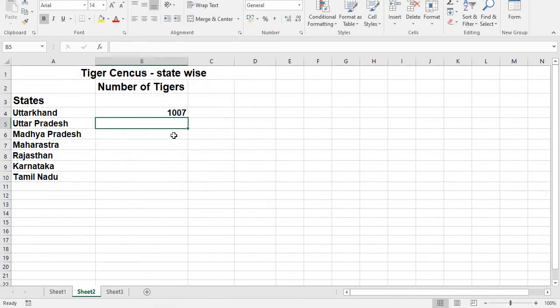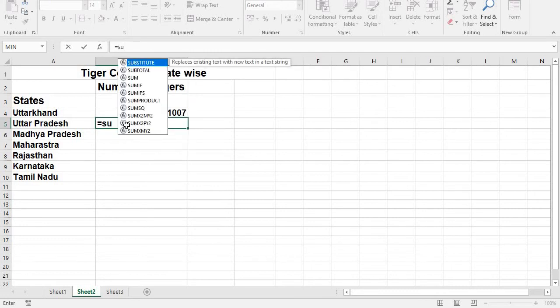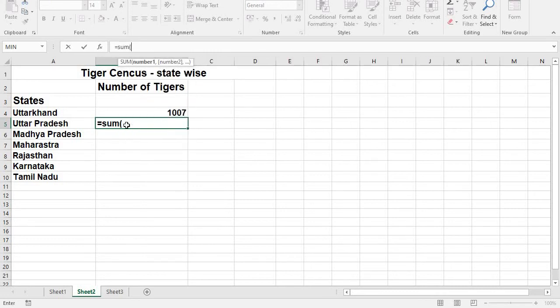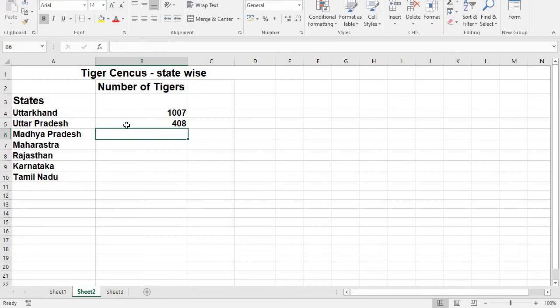See here, you have to click on the cell, and after that click on the equal to symbol and sum of, single inverted comma, and after that Sheet1, inverted comma close, exclamation mark. Here B5 colon means what? From here onwards to there, D5, bracket close, and hit the Enter button. Then it will display that result.